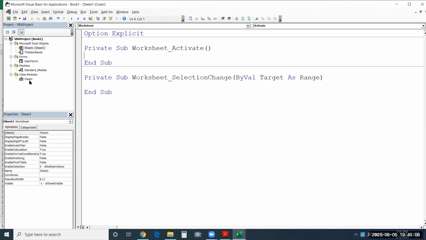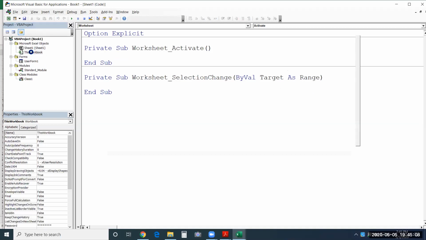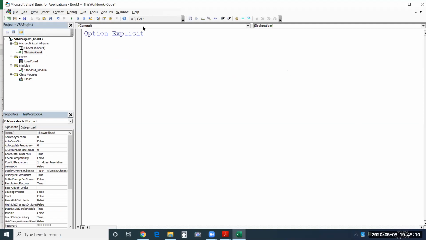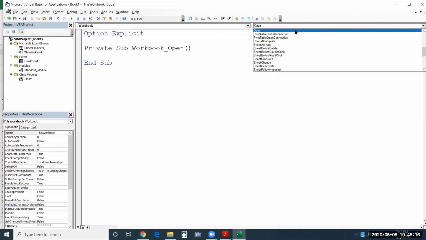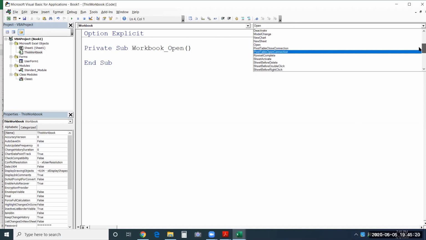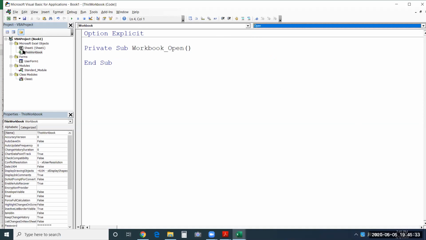Let me show you the workbook module. Even here you see the object drop down. In that you have Workbook and a list of events for that particular workbook object. All the events possible with the workbook are listed here. You can choose the event for which you want to write the program from this drop down.